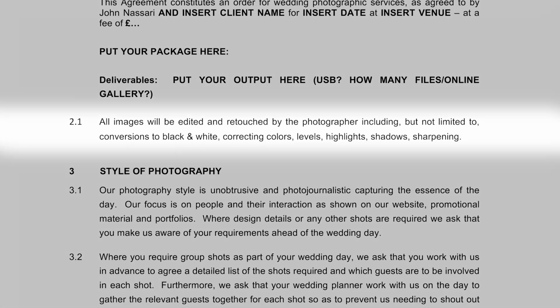I think in your contract also, you need to say something about what kind of work you're giving them. So are you converting images to black and white? And if so, what kind of proportion should they be expecting? So I say something like 30 to 40% will be converted at my discretion as the photographer, as the artist. I rarely have a situation where couples come back and say, can I have everything in color? Or I'm not sure about this or that. If it does happen, I'll handle it case to case. But most of the time, couples accept my decisions and my choices about what converts into black and white.